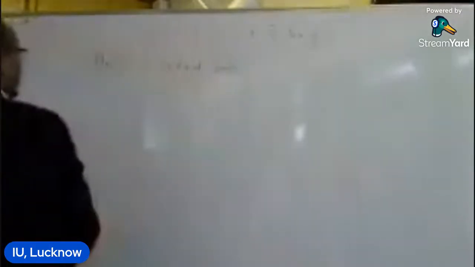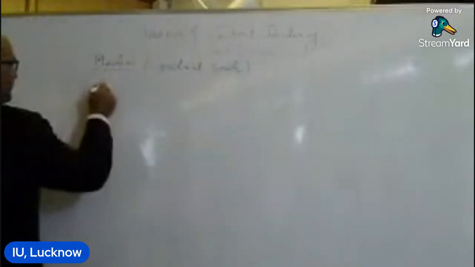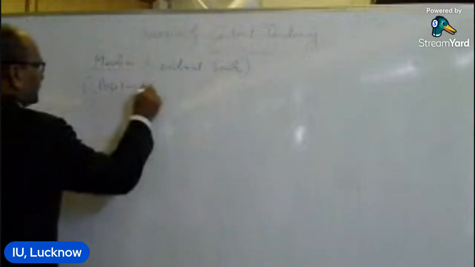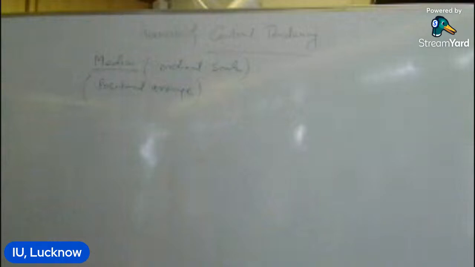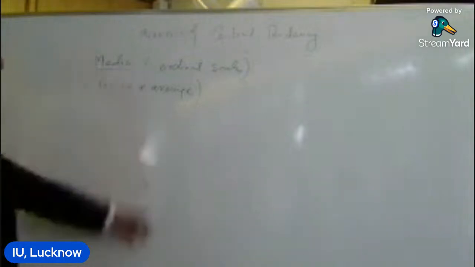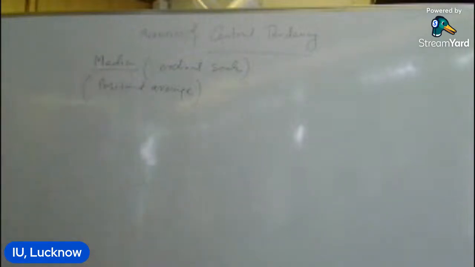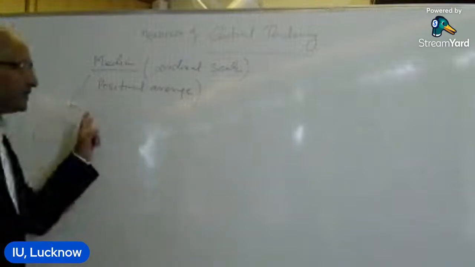Median is also known as positional average. And arithmetic mean is known as mathematical average. By using the mathematical formulation, mathematical operation, we can find the arithmetic mean. That is why arithmetic mean is known as mathematical average. And median is known as positional average, means median finds the position